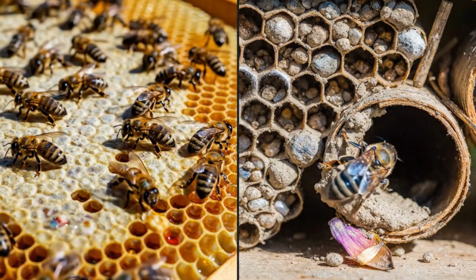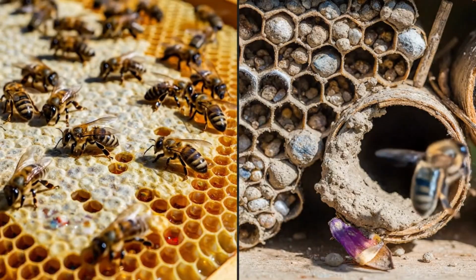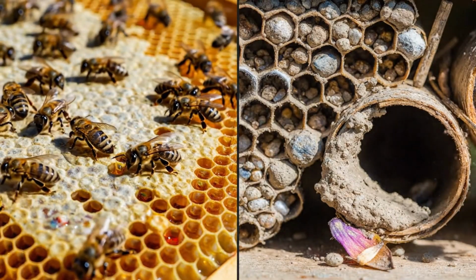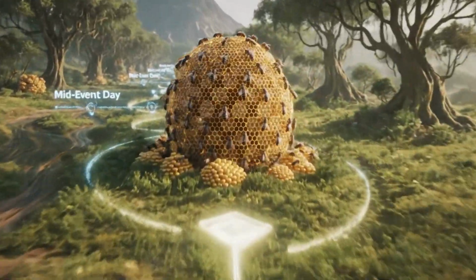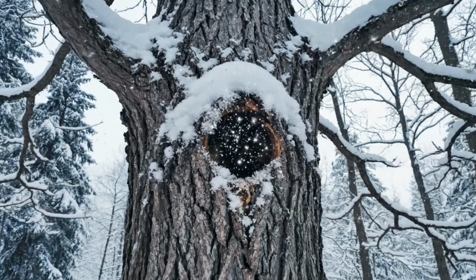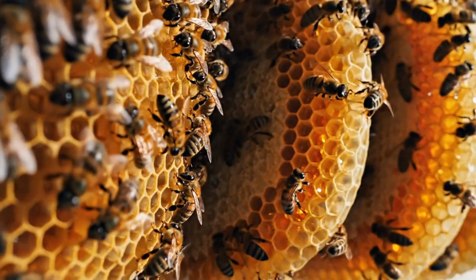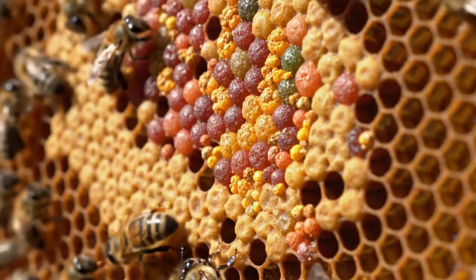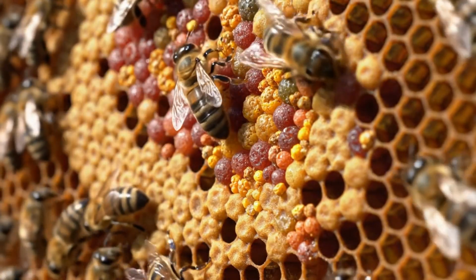development. Not all bees build such perfect hives. Bumblebees, for example, build messy, pot-like structures that are far less efficient in space. Evolution likely favored honeybees that built hexagons because they wasted less energy on wax and survived harsh winters more often. Efficiency is survival. In the brutal game of nature, saving energy on construction means having more energy for foraging and defense. The hive is not just a warehouse, it is a nursery, a pantry, and a fortress, all built on